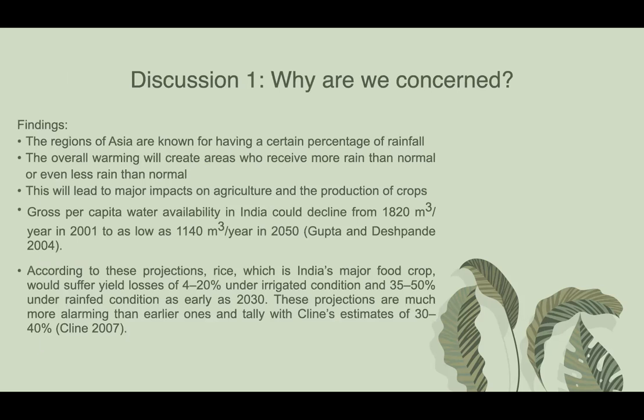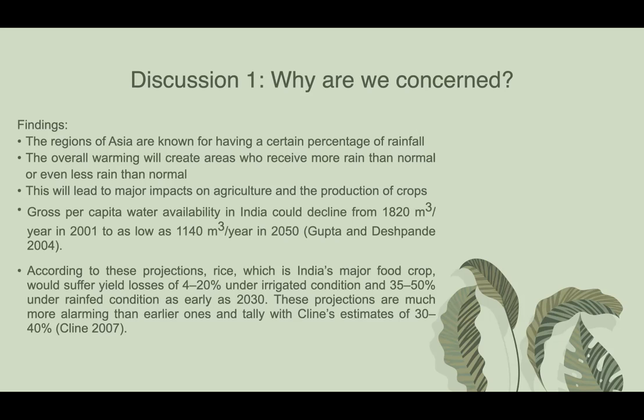So for my first discussion, why are we concerned? With my findings, we are concerned because the regions of Asia are known for having a certain percentage of rainfall, and their overall warming will create areas who receive more rain than normal or even less rain than normal, which will impact our growth of crop and produce. This will lead to major impacts on agriculture, the production of crops, and the transportation of